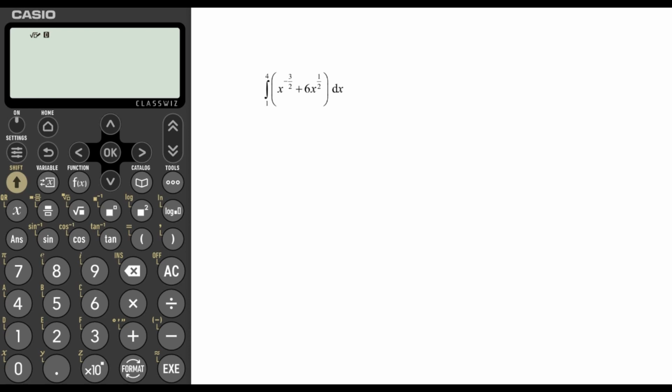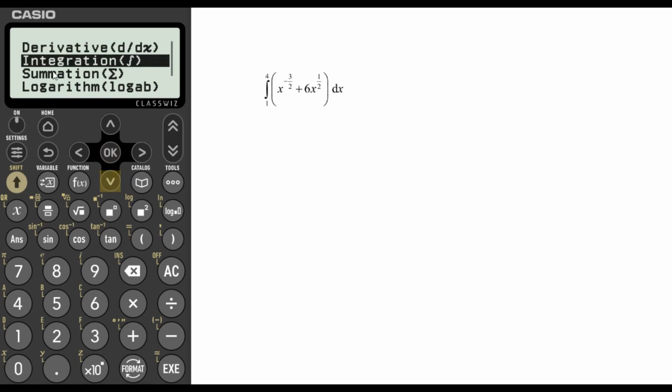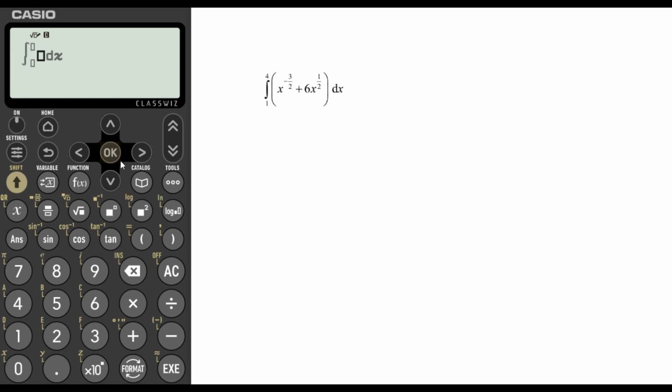We can use our calculator to work out integrals. In this example, we have to work out the integral of x to the negative 3 over 2 plus 6x to the half with respect to x from x equals 1 to x equals 4. From the calculation screen, if we go to the catalogue, then functional analysis, we will be integrating, so we require the integration function. Key in your expression. In this case, we have x to the negative 3 over 2